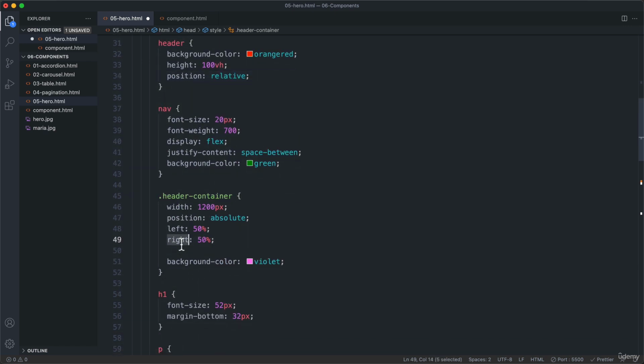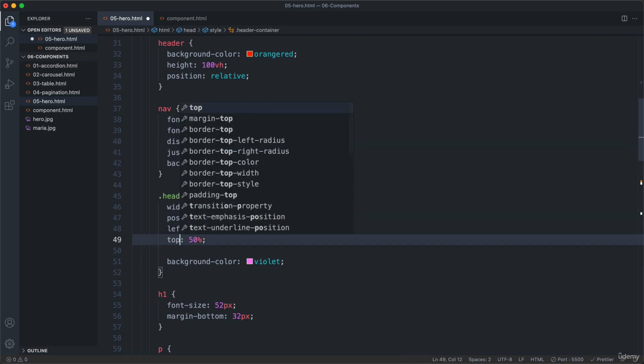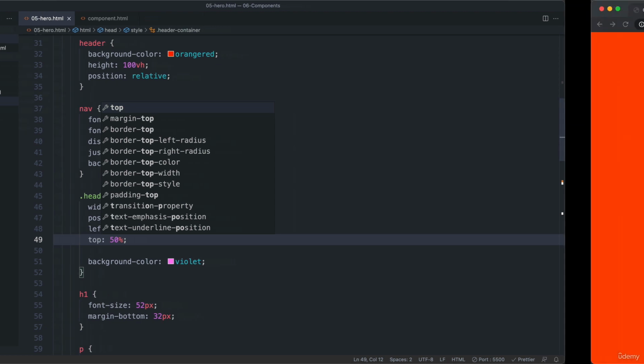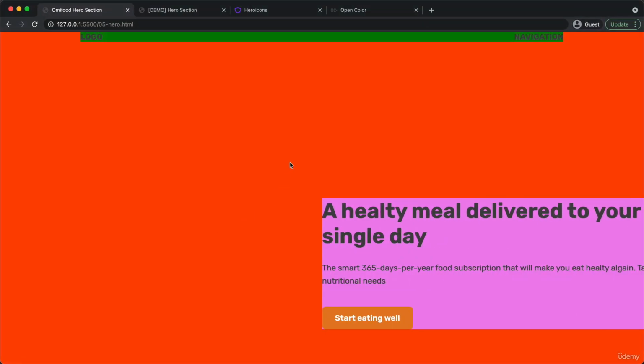So, well, actually here we also have a mistake. So of course it needs to be 50% from the left and from the top, not from the right. That would not work, right? So basically at this point here, it is now 50% from the top and from the right. And remember that these 50% are in relation to the parent element. So it's 50% of this parent element here to the bottom, and also 50% of this parent element's width here